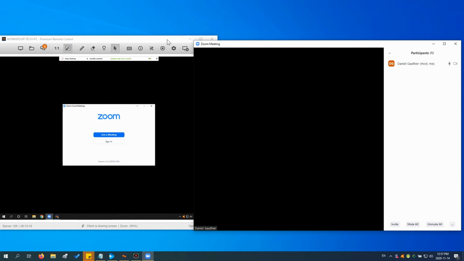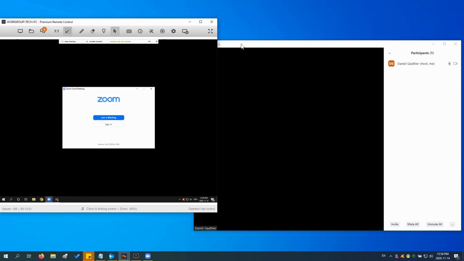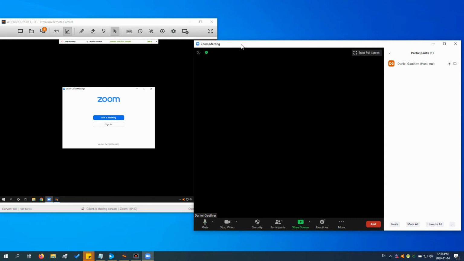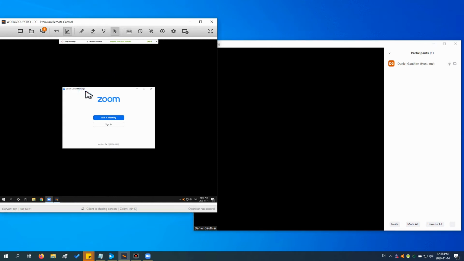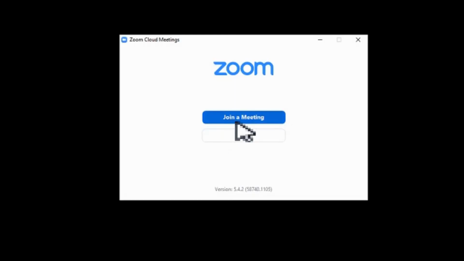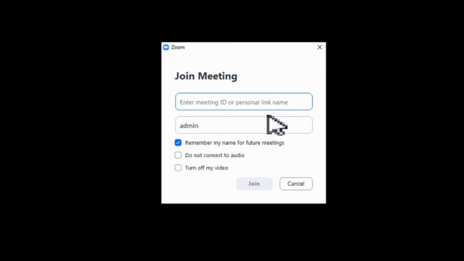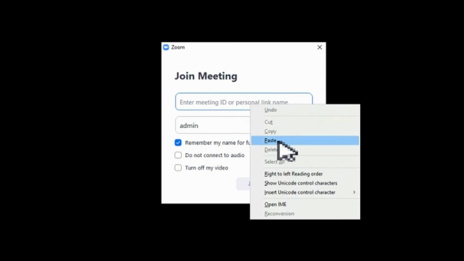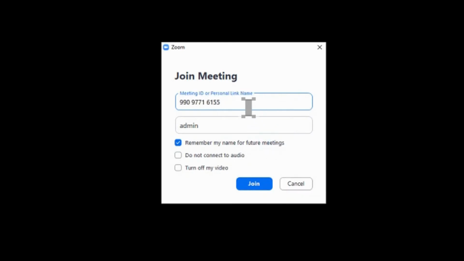So I've got my remote computer over here, and I've got my main computer that I'm on. So I'm going to pretend that I sent an email with the link over to the person at this computer. And from this computer, you remember this screen here when we first started with sign in or join. We're going to go to join a meeting. And we got the meeting ID, or a personal link name. I'm going to paste the link in, which is from the email that was sent. And you got your name.